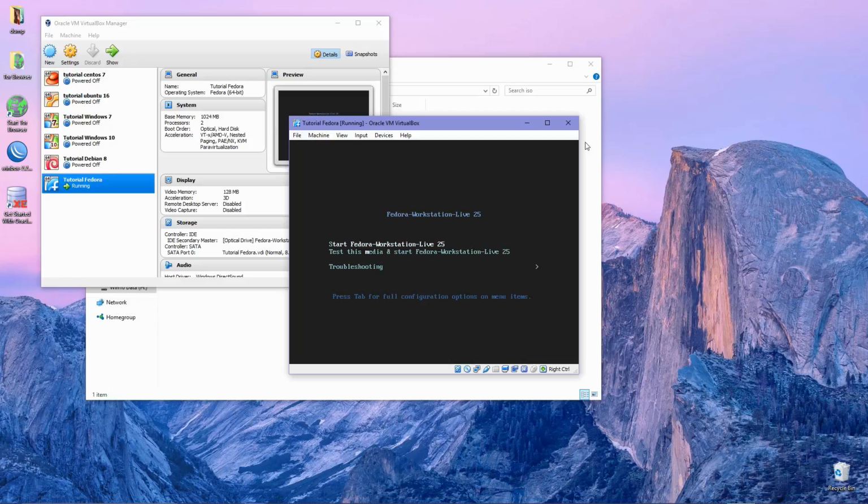But in this tutorial I don't have any problem with my ISO or installation media, so I choose Start Fedora Workstation Live 25 and press enter.